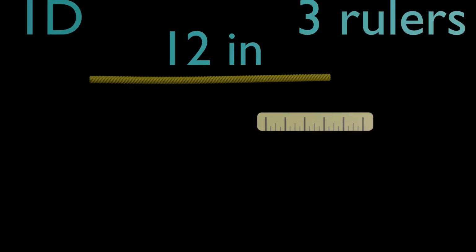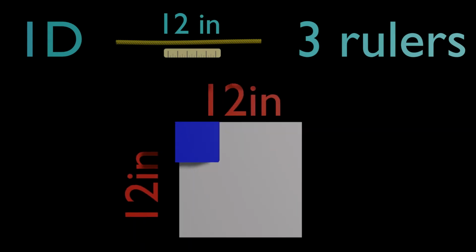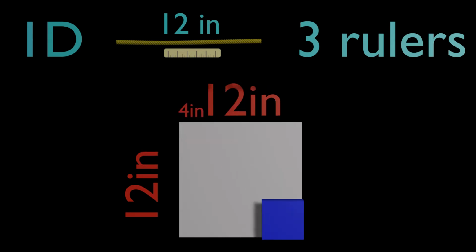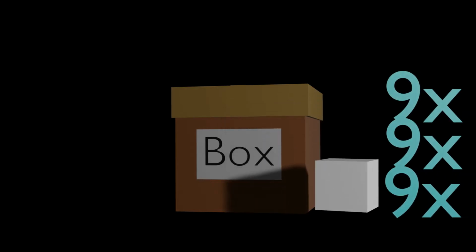on the string. Now, let's use a 12 by 12 piece of paper. When I use this 4-inch piece of paper to measure the 12-inch piece of paper, it fits a total of 9 times on the paper. Now, let's use a 12 by 12 by 12 cardboard box. When I use this 4 by 4 cube to measure the cardboard box, it fits a total of 27 times